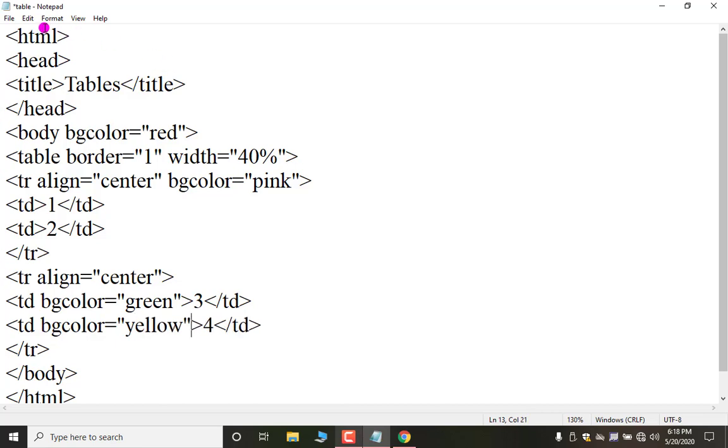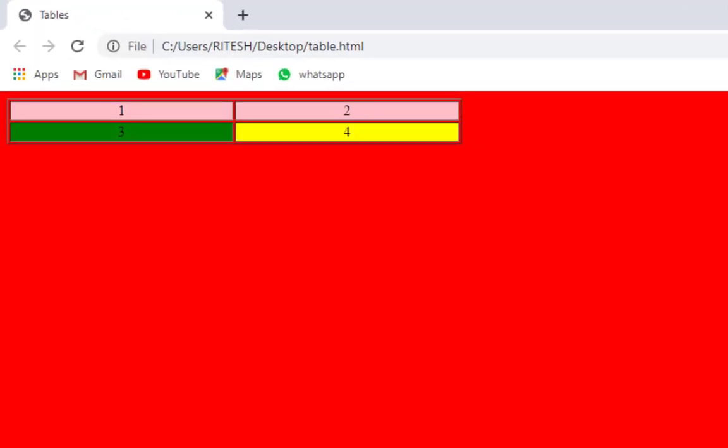Okay, now save it and F5. Now you can see here we have different colors.